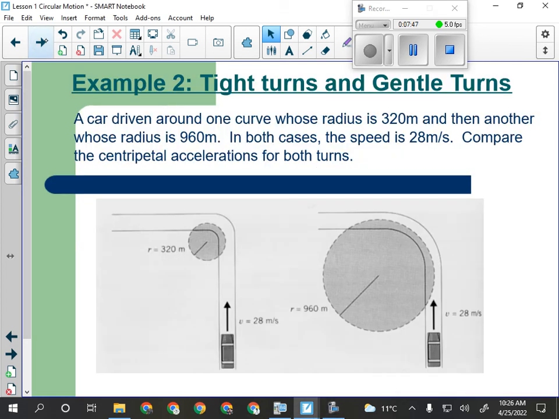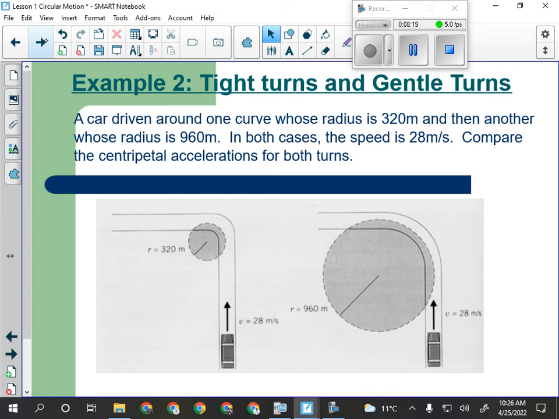Now, you probably all have this crazy friend who likes to drive really fast. Maybe you're that crazy friend. But the radius of a corner makes a difference in how the occupants of the car experience the corner. If I'm going around a 320 meter radius corner, which is still, mind you, a pretty big corner, at 28 meters per second, which is pretty fast, it's like 100 kilometers an hour,